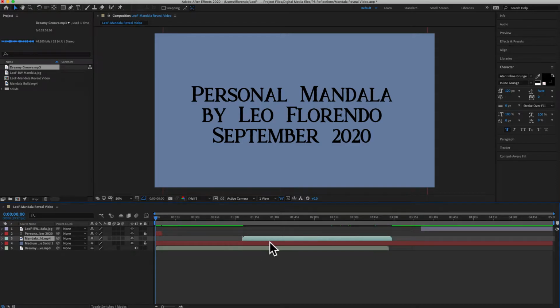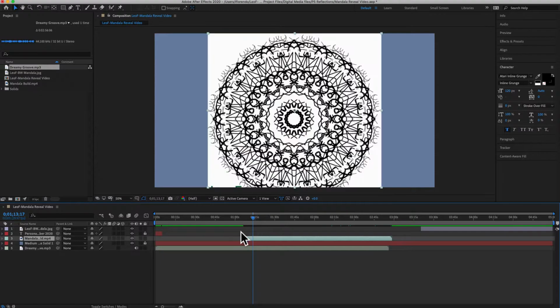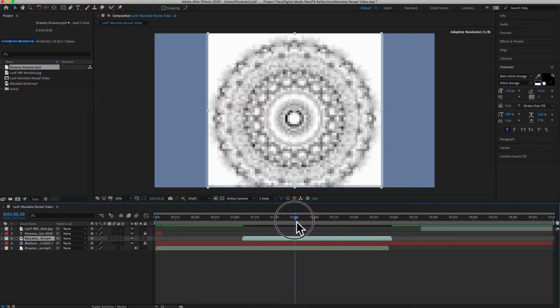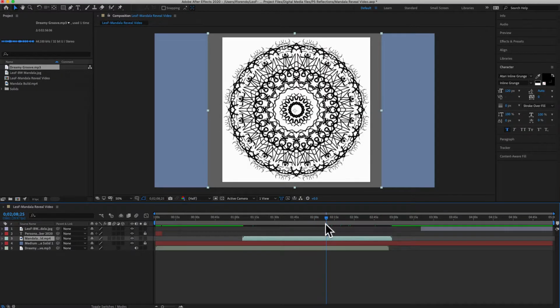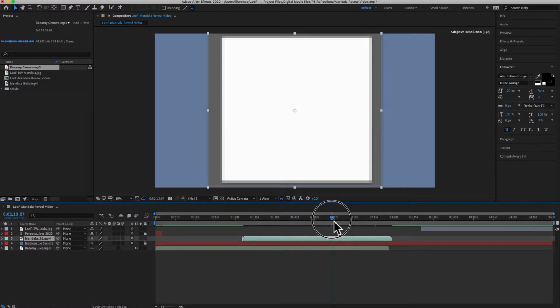Actual build reveal video, this part here. So you can see that the video starts with the full mandala, and I actually don't want the full mandala. I want it to start at this point where it's completely empty, because I want it to show it being built. So to trim this down, I'm just going to move my playhead where I want it to be trimmed,